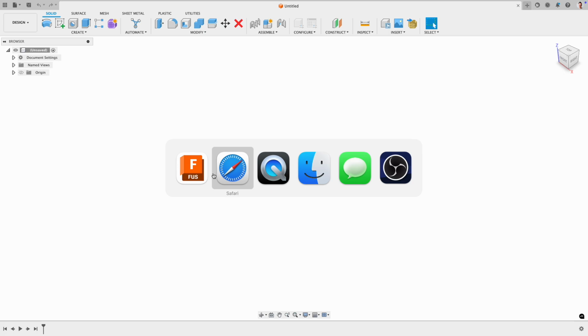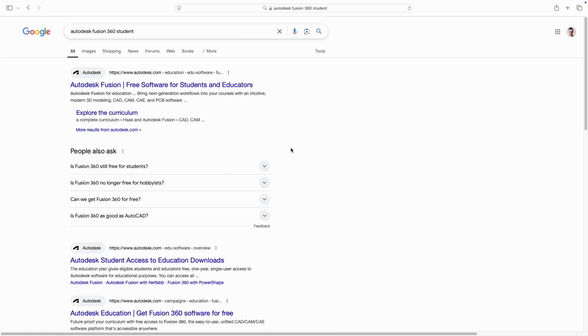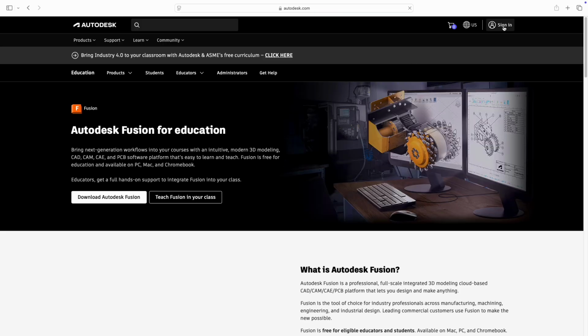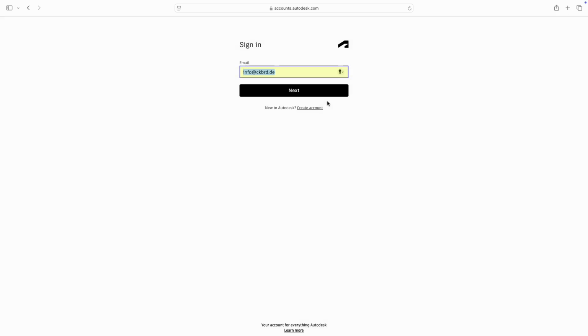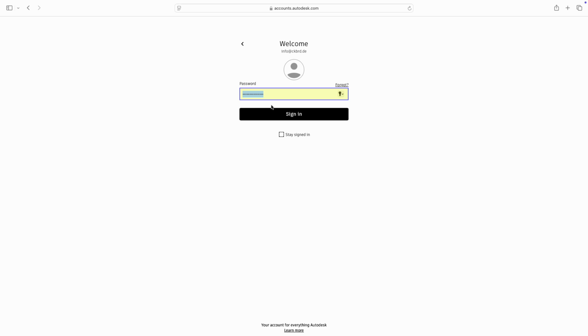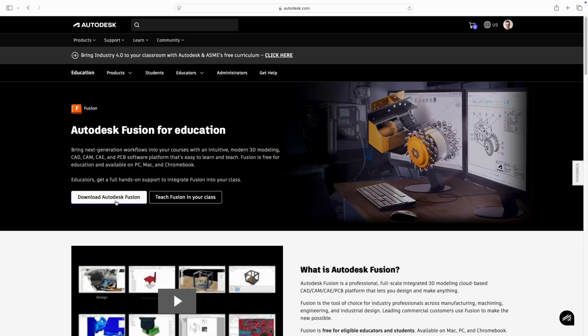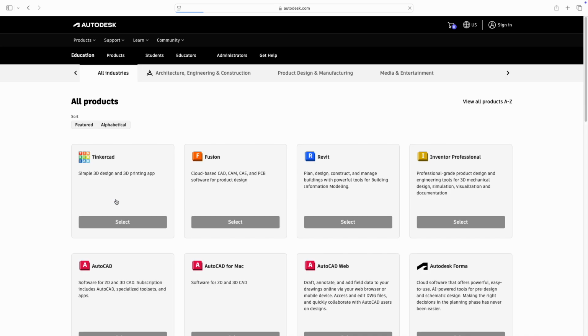Okay, so how do we get Fusion 360? Go to a browser of your liking, and then you should type in Google Autodesk Fusion 360 Student, because all the Autodesk software is actually free. So there we are. Click on it. I will sign into my account. There we are. You ideally create an account with Wayne State email address. I will need to verify myself one time. Perfect. And then I can just go to download Autodesk Fusion,